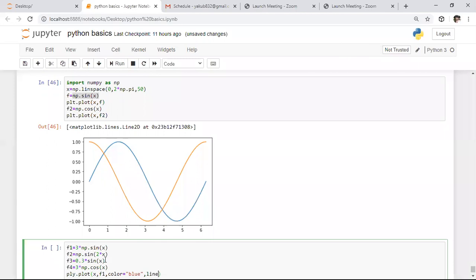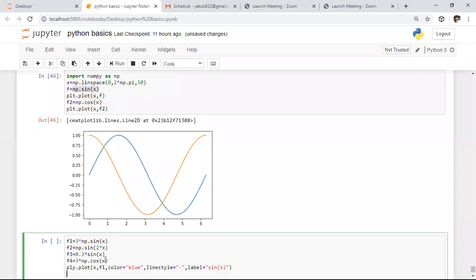After this I want to specify the line style. We can specify the line style also. I want to specify the line style with a dashed line. Here I want to represent this as a solid line. After this, I want to specify the label for this, so label equals to. Here it is a sine graph, right? So I'm saying sine of x. It is the label I'm keeping for that. After this, sorry, here we need to use plot, right?